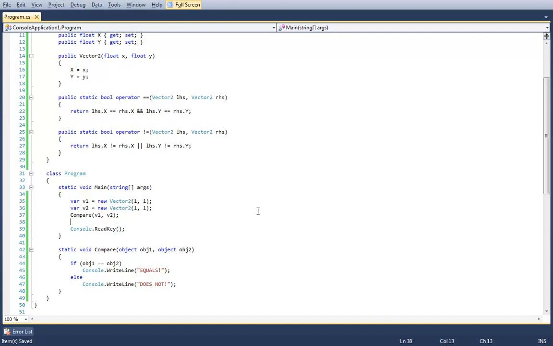I know that most people should be able to infer this based off my nature. Yeah, I was going to say, surely that question should be, what's the output of this program and why? Yeah, why is that the output of this program? Why do I get does not?